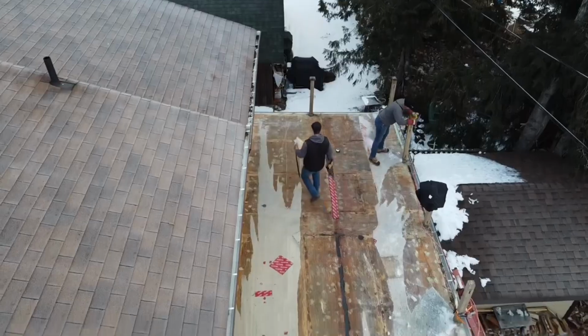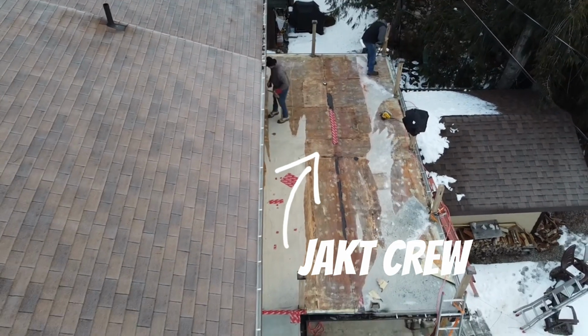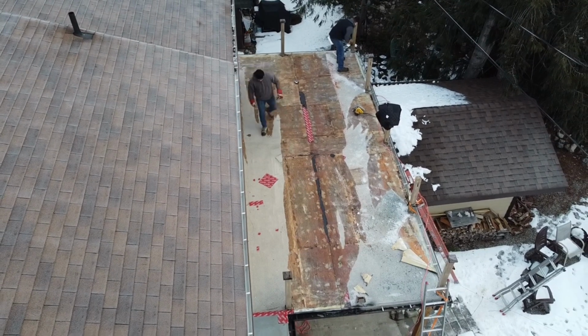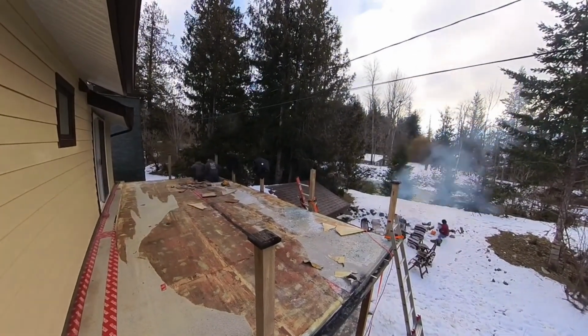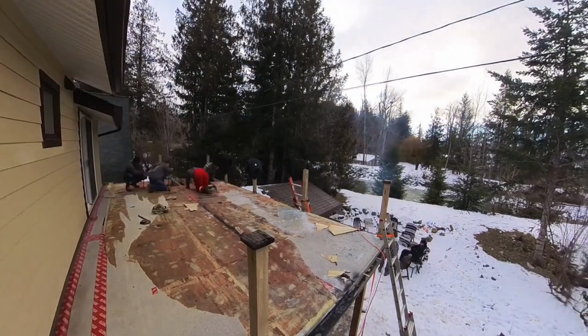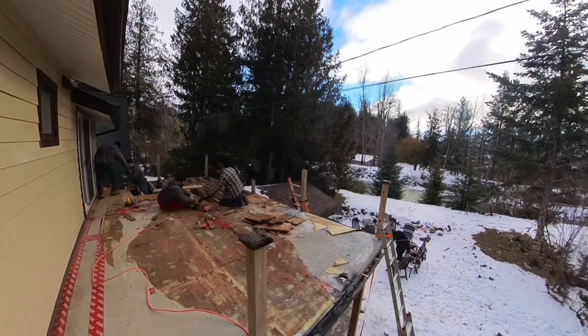So this was day one. We were ripping off the old deck. The reason the old deck had to come off was it was severely rotten. The homeowner actually hadn't used the deck for probably 14 plus years, so this is a huge space not to be using. Luckily for the Jack crew, they made short work of ripping that top off and getting us prepped